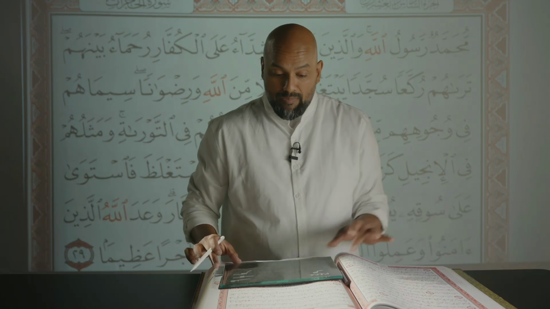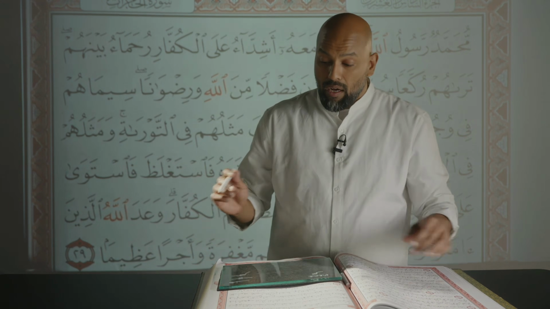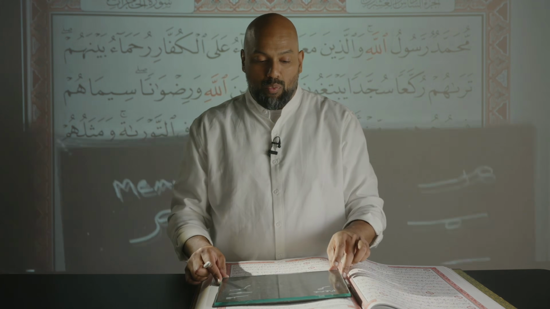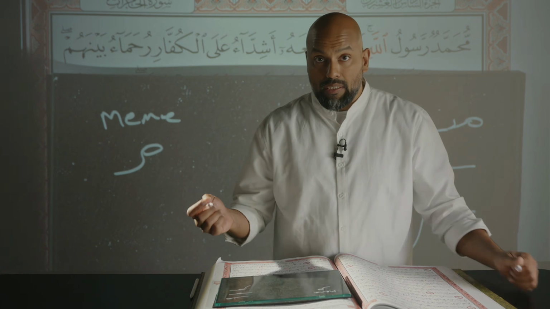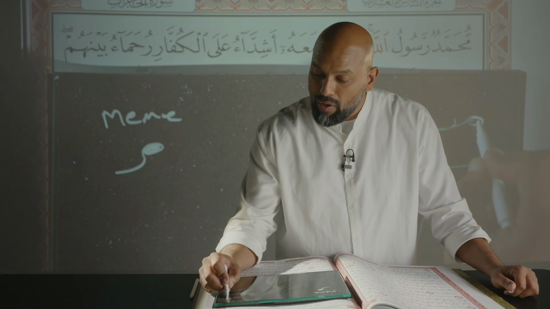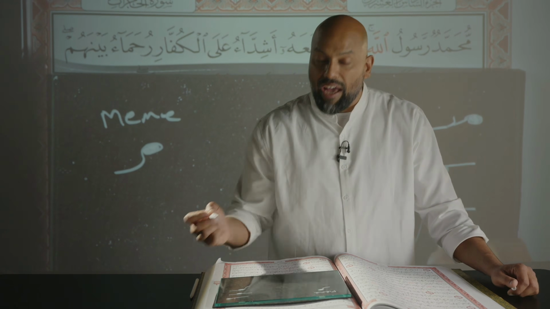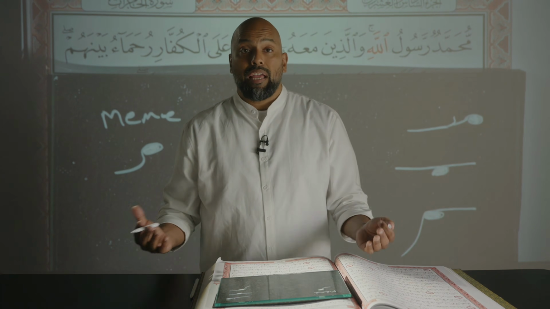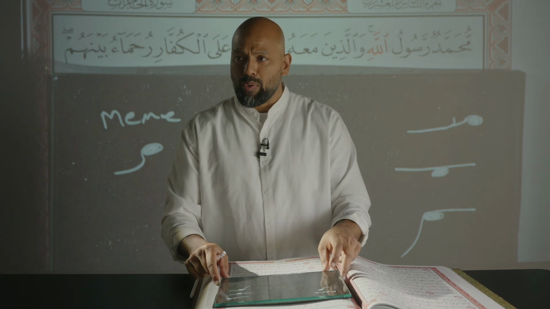So we are looking for a meme. And now the way I drew it versus the way it actually shows up in the mushaf, i.e. in the script, is a little bit different. So I have a loop. Let's fill in that loop. And so that is one of the key unique identifying factors of this letter, in the beginning, middle, and end. It's a loop, but it is a solid filled in Bavarian cream donut. That's what it is.